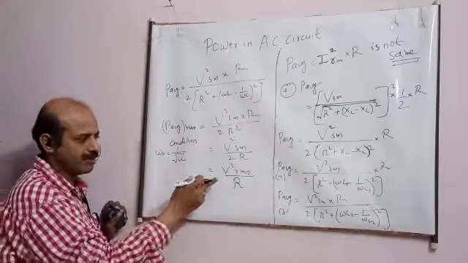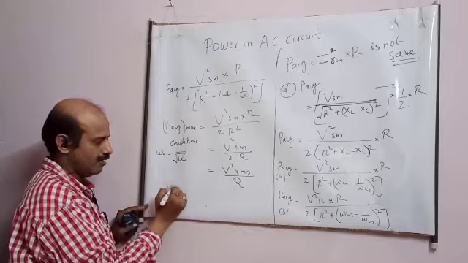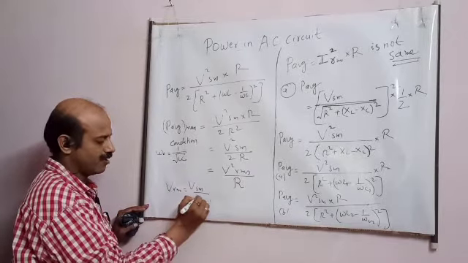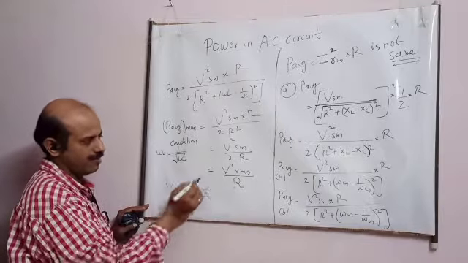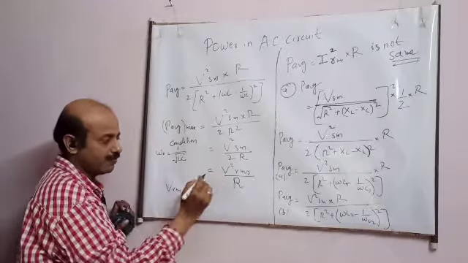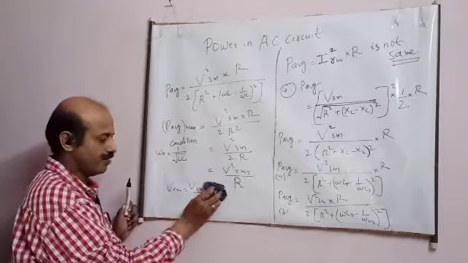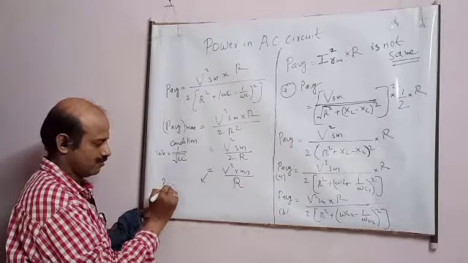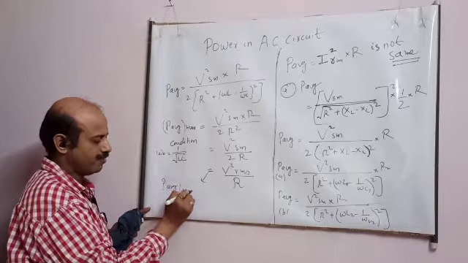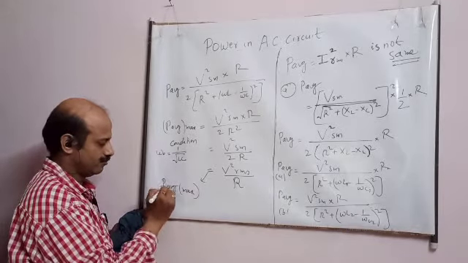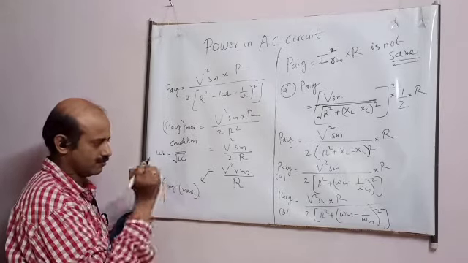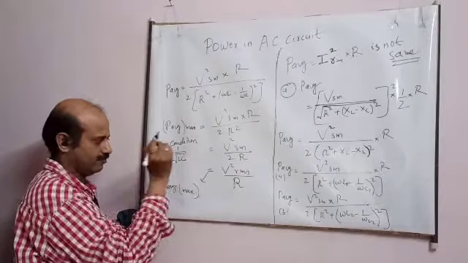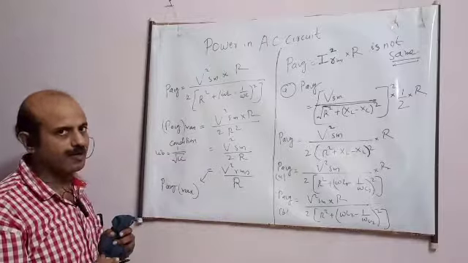Check this, student. What is the formula? Again I am writing the basic formula. VRMS is VSM upon under root 2. You square this, you will get this. But this is the formula of maximum power, student. Remember it. Maximum average power. And this happens at this frequency. The power becomes maximum.